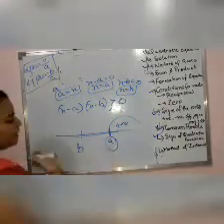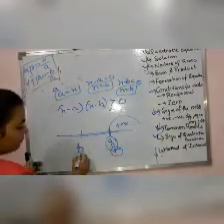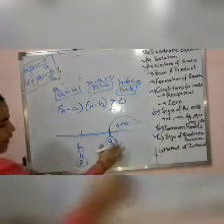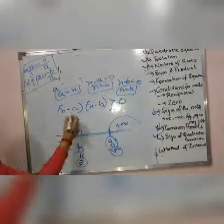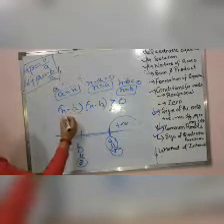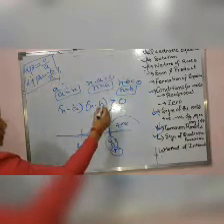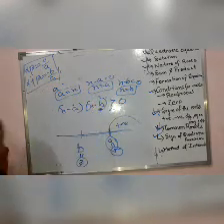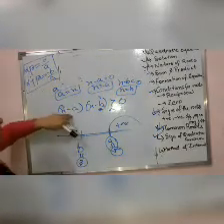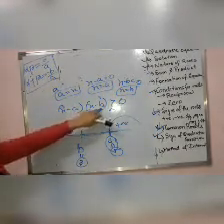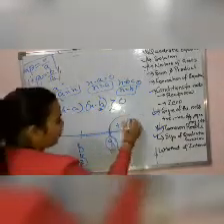If you place any value which is greater than a, suppose a is 5 and b is equal to 3. If I put any value which is greater than 5, that means if I put x equal to 7, so x minus 5 and x minus 3. If I put x is equal to 7, that means 7 minus 5 is 2 and 7 minus 3 is 4. So 2 into 4, that means a positive sign I am going to get. So here I am going to get the positive value.